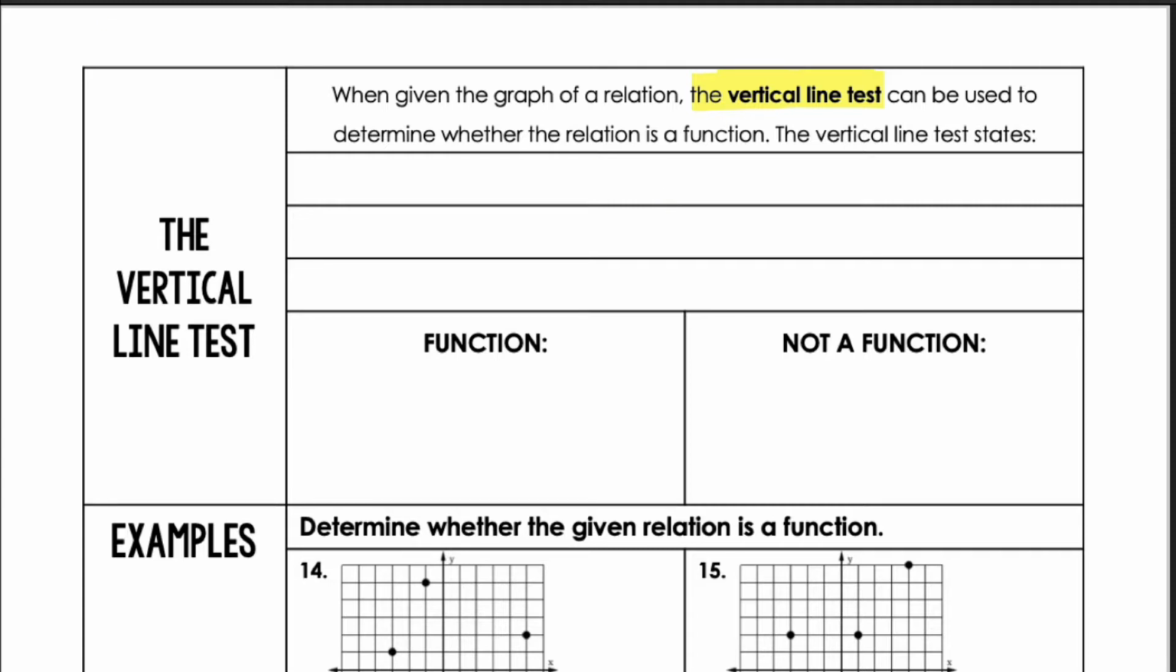Right? And what the vertical line test states is that if a vertical line intersects,